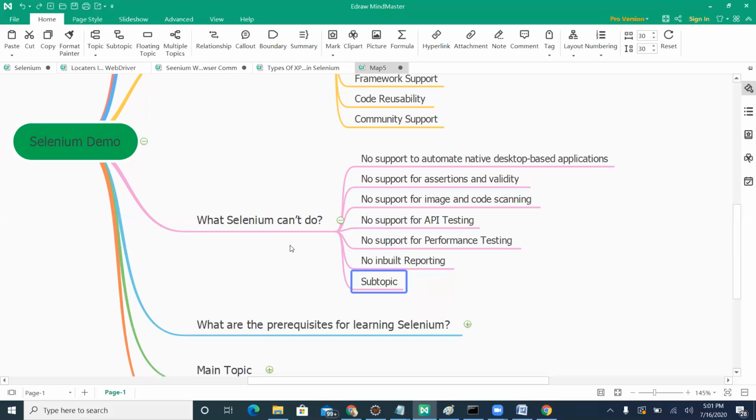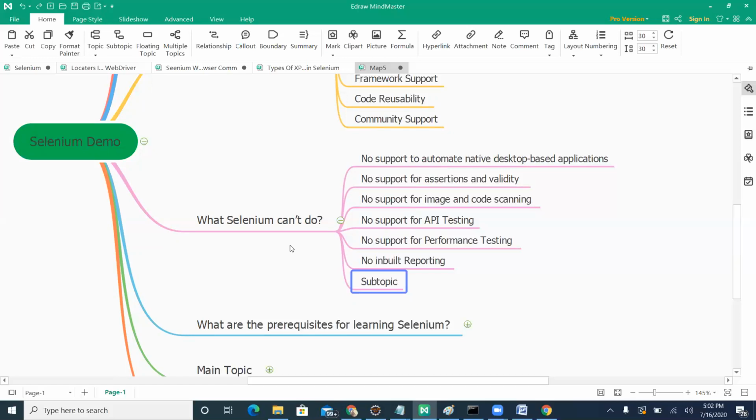It does not have native desktop-based application support. You cannot automate desktop-based applications as well as mobile applications. You can automate using the Selenium API in between an Appium server, but with direct Selenium you cannot automate desktop applications or Android or iOS mobile applications.